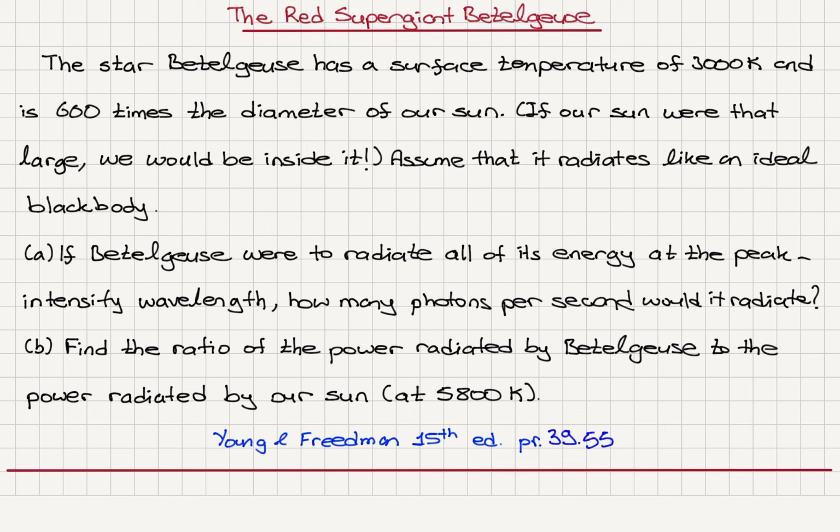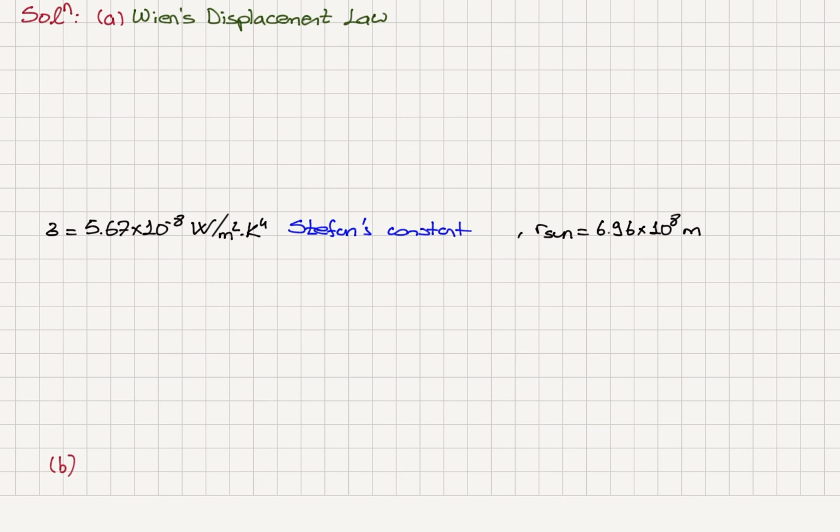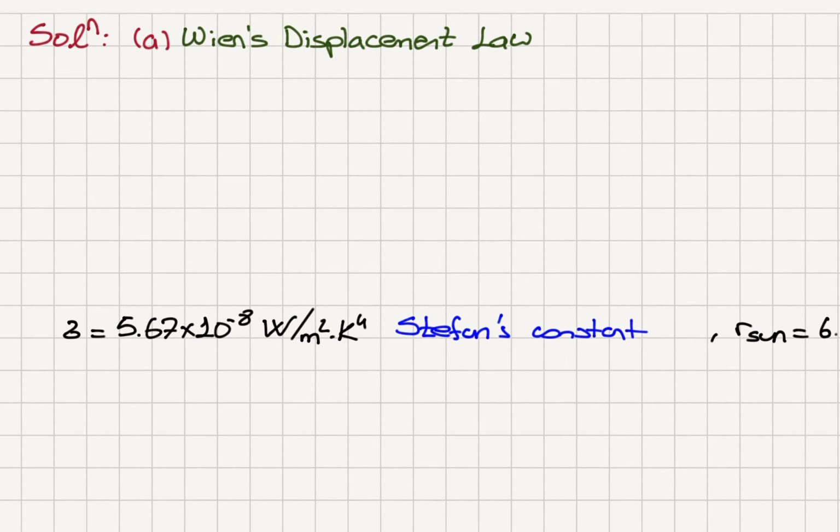Okay, so peak intensity wavelength. So we have for an ideal black body Wien's displacement law, which states that the peak intensity wavelength lambda max times the temperature T is a constant, Wien's constant, 2.9 times 10 to minus 3